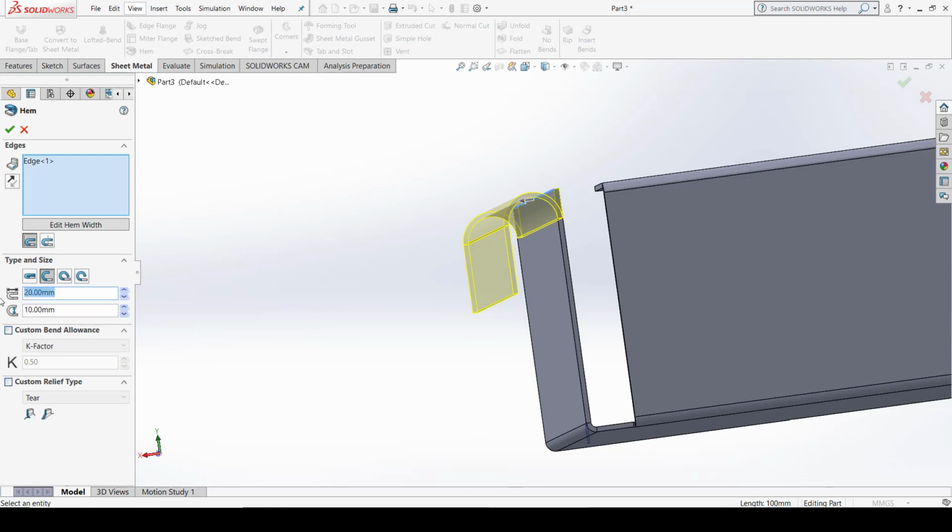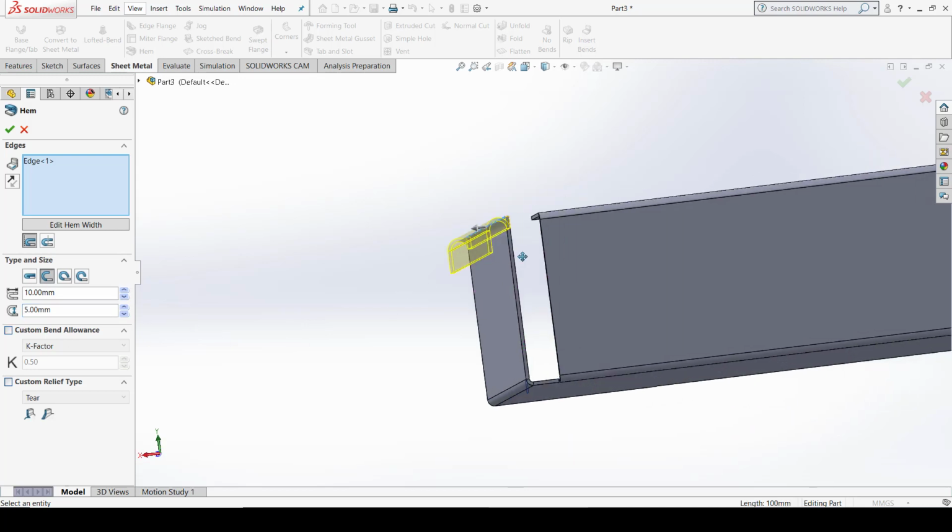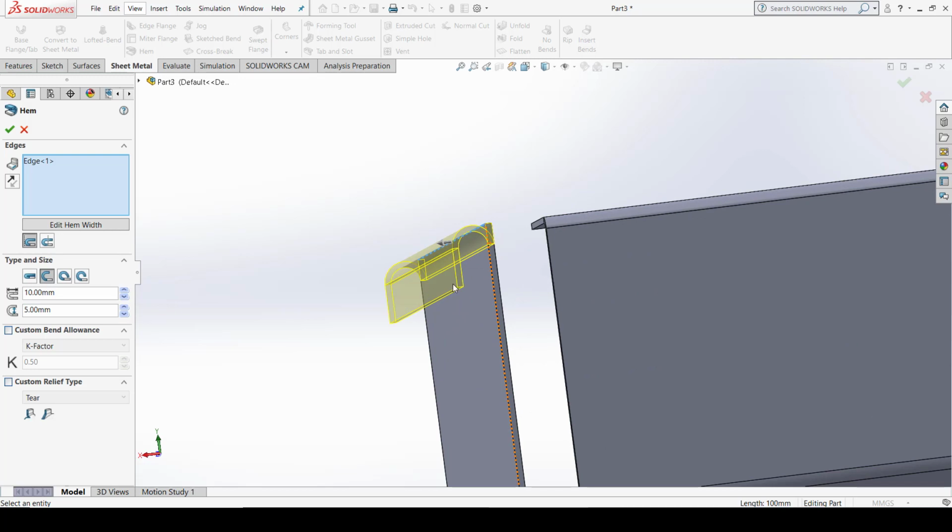So if it has a distance, this is the vertical distance, let us say it should be 10 again, and if you don't need any distance, just click 0 here. Okay, and let us say the distances here, we have a radius of about 15. You can change the radius, let us say it should be 5. It depends upon the designer requirements. Okay, so you can provide this hem here.